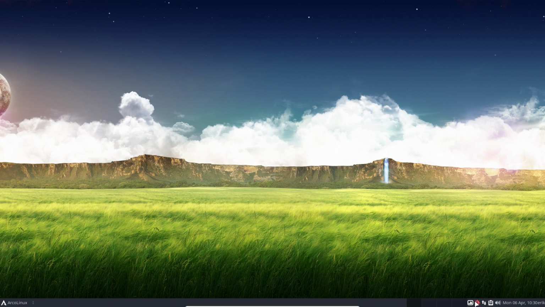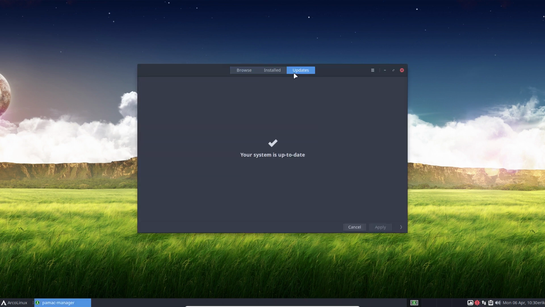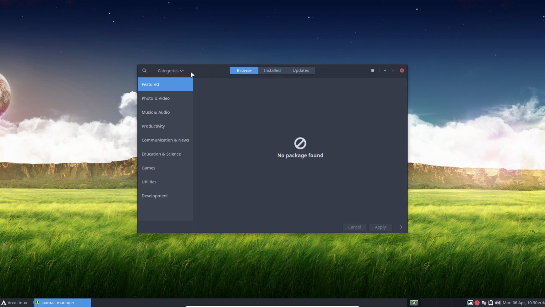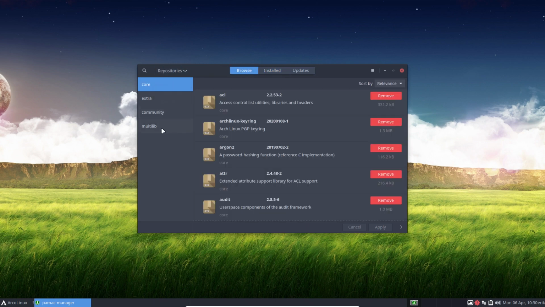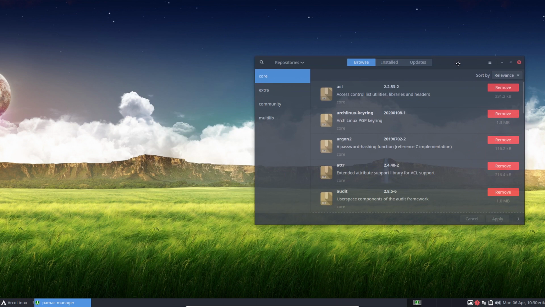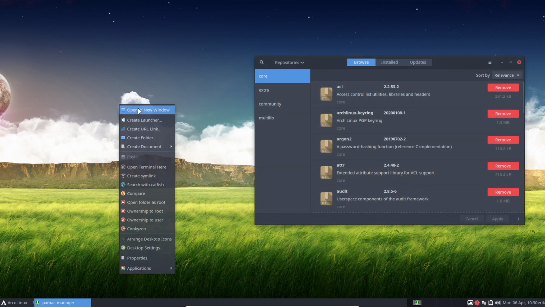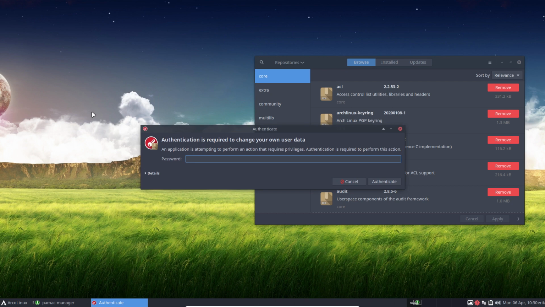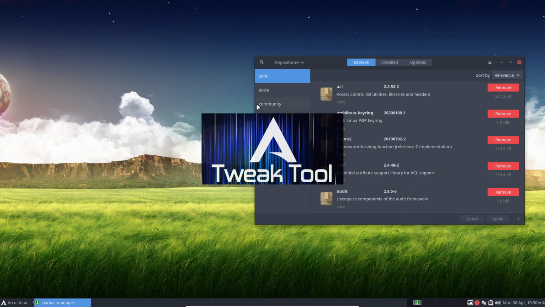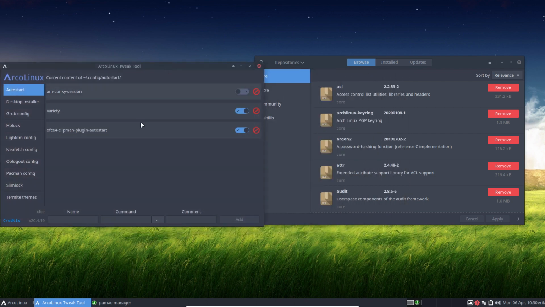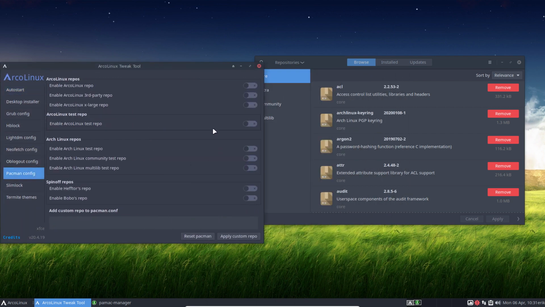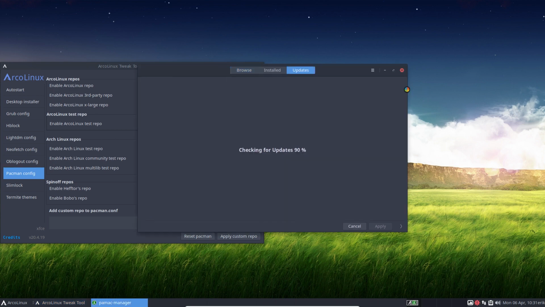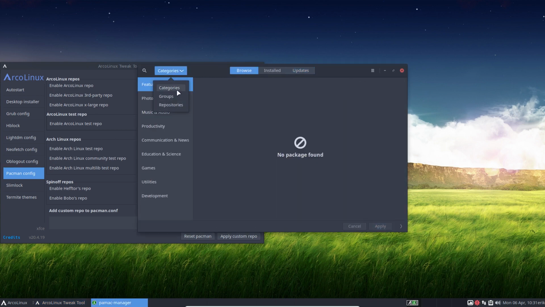Now, how do I get rid of all the packages from ArcoLinux? What I'm trying to achieve is that these guys are all gone, so the ArcoLinux things are gone. It could have been simpler. I could have first got rid of the packages and then got rid of pacman. So I'm gonna put it back on. This is really playing, right? So if it's back on and I let it reload everything, then we do have the